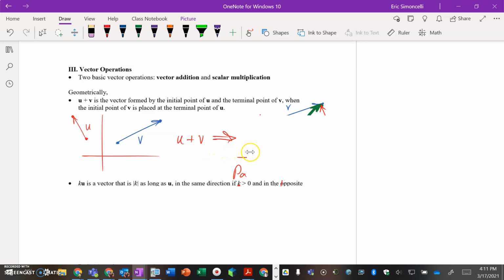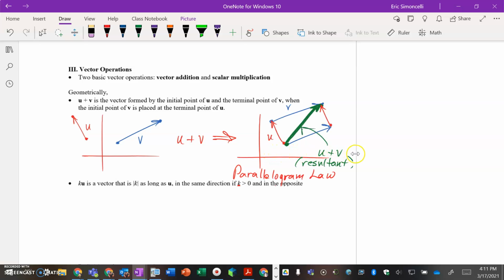So geometrically speaking, and there is something to be said about, as you're seeing here now, called the parallelogram law. The parallelogram law takes vector u and vector v such that the initial of one touches the terminal of the other and vice versa. So this point, as you can see, head to tail, so to speak, where the red vector and blue vector come together. The green vector is the answer or resultant. So u plus v is the resultant